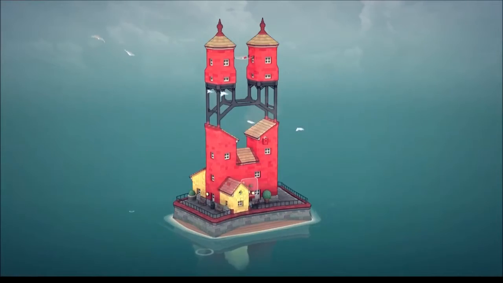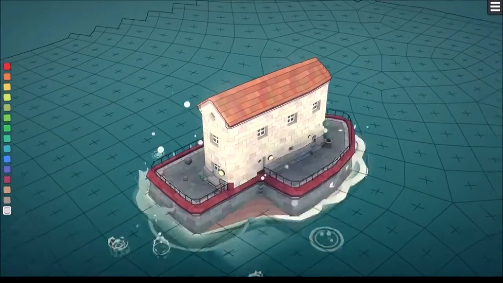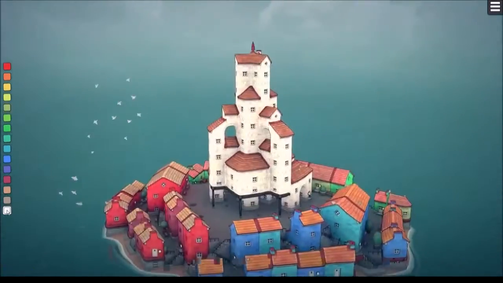Townscaper. Townscaper takes a minimalist approach to city building that manages to stay true to the genre's captivating, simulation-driven nature. Devoid of any goals or complex management systems,